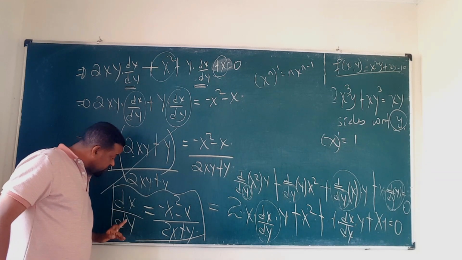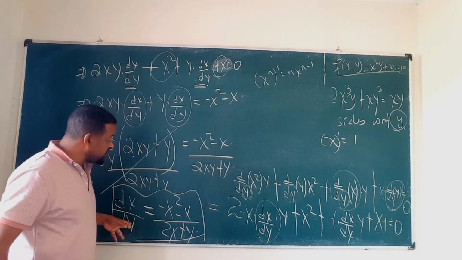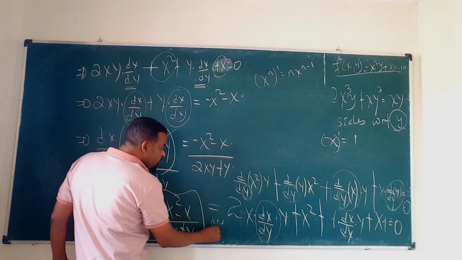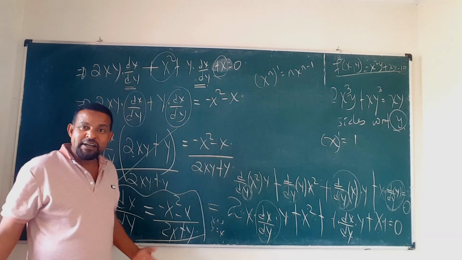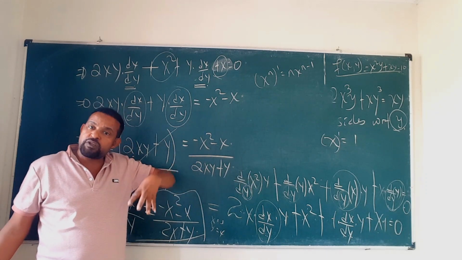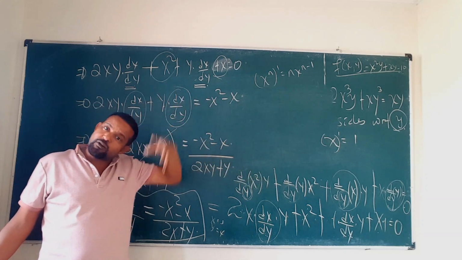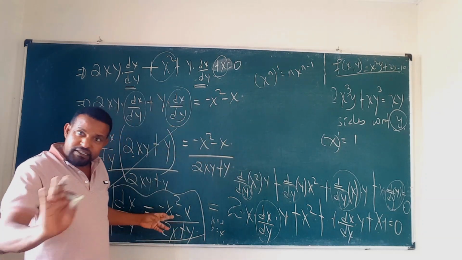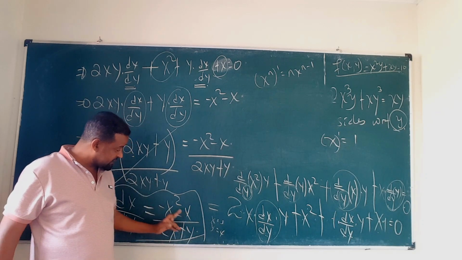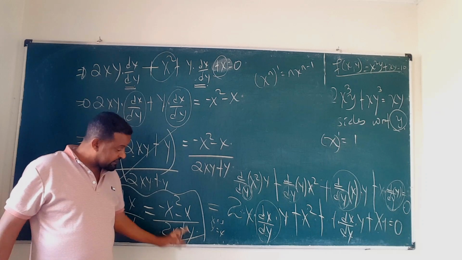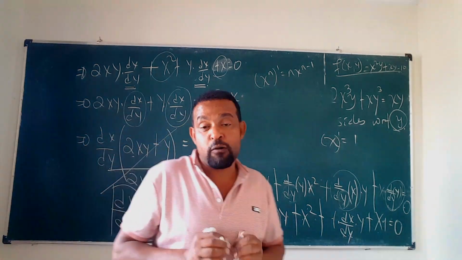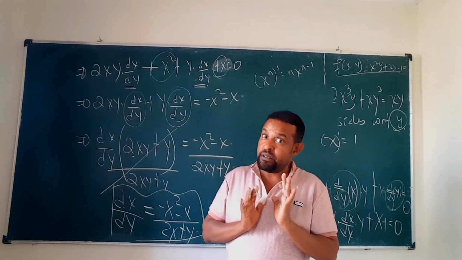x with respect to y. How? For example, it can ask: find the rate of change of x with respect to y when x is equal to 3 and y is equal to 4. Okay, when x is equal to 3 and y is equal to 4, when x is equal to 1 and y is equal to 0, when x is equal to 10 and y is equal to 5, it can ask like that. In that case, what do you do? You substitute. For example, when x is equal to 3 and y is equal to 4, in place of x you put 3 and in place of y you put 4, substituting, then you can calculate the rate of change of x with respect to y. Note that